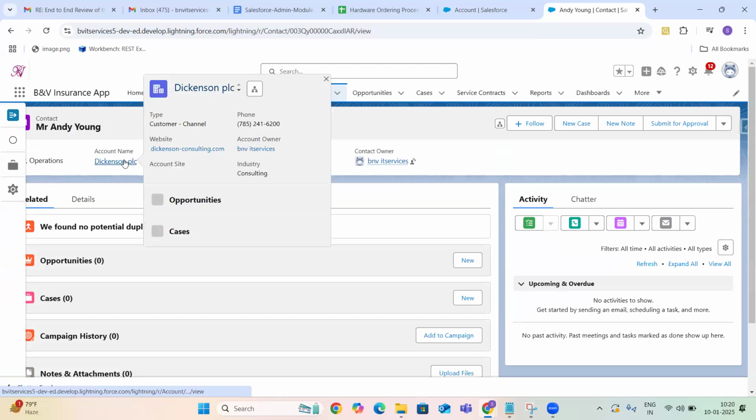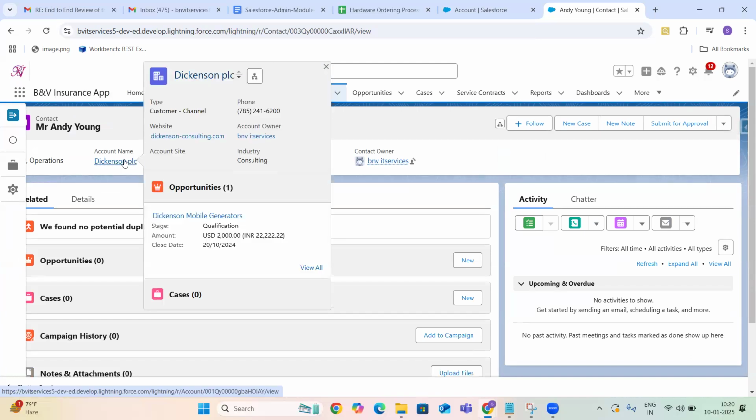When you click on the account name, this is the lookup field to that particular account. Then when you click on this account name, it displays some fields: type, phone, website, account owner, account site, industry. This is also a place where we use